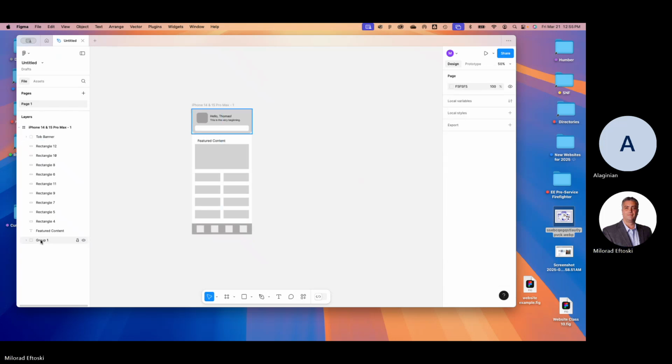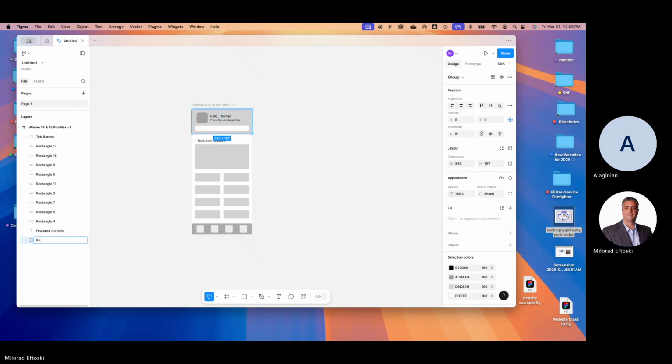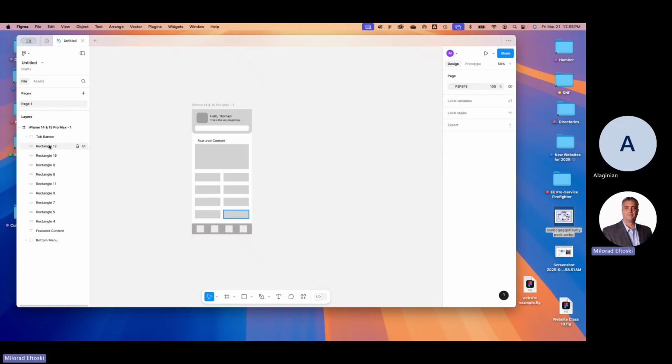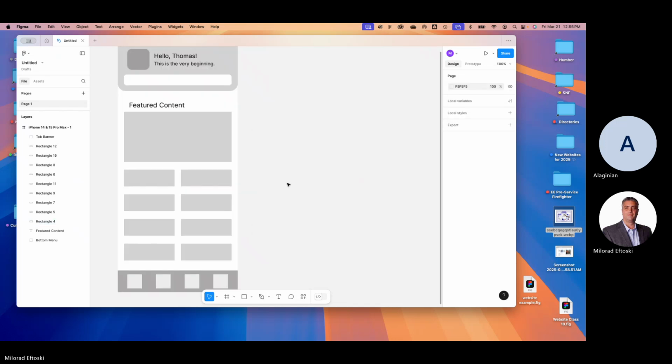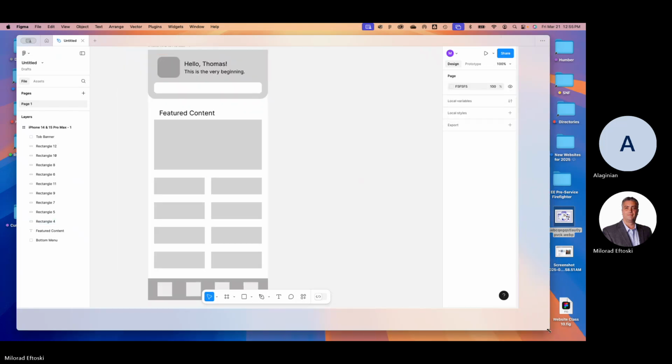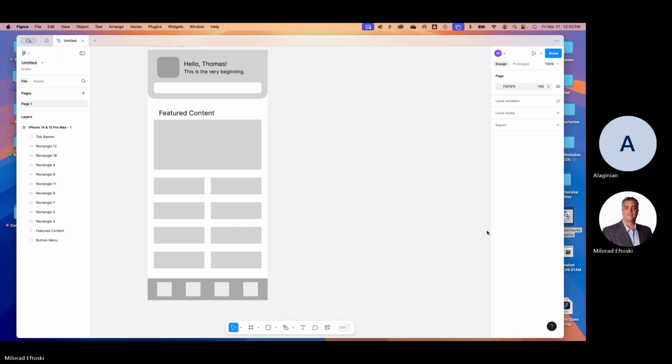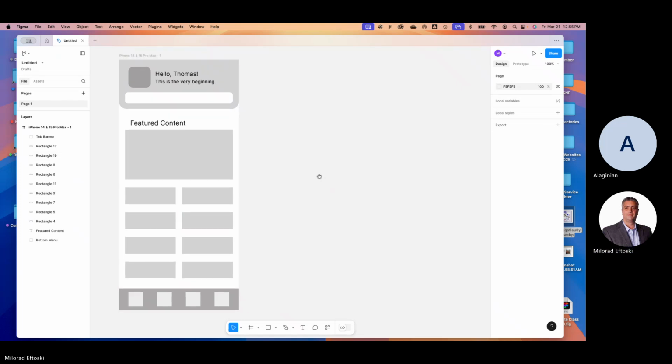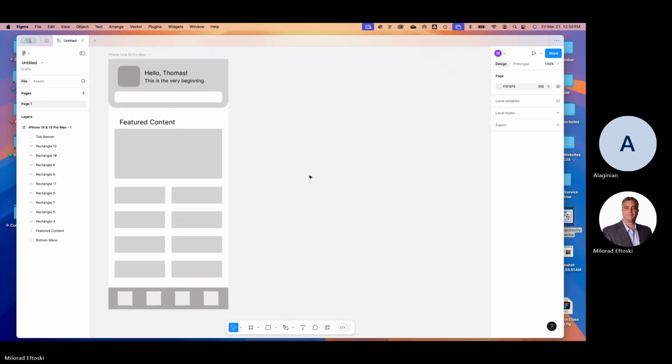accordingly. This is the bottom menu, okay? And these are all the actual items within. Okay. So scrollable content,